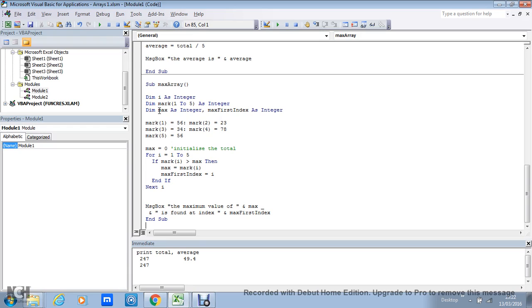I have a variable here for max, which will give me the maximum value of the 5 marks. It'll pick it out. And I also have a variable called max first index. Remember, it's possible that you can have two values which are two maximum values in the array. So this code will actually find the index of the first one that it finds, even if there is a second one. So if I run through this,